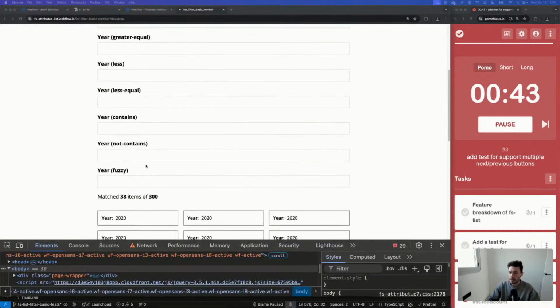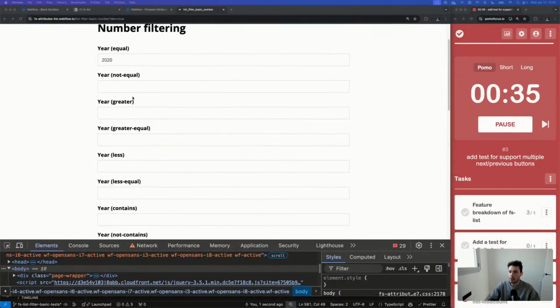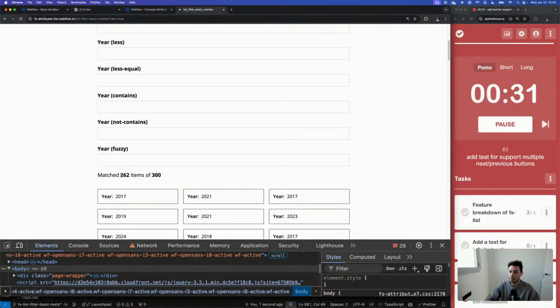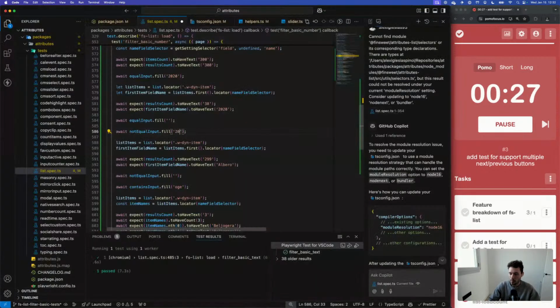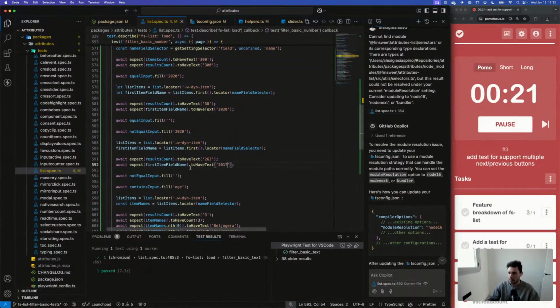And we expect to have 38 results, where the first item obviously has 2020. Great. Then the not equal, let's do 2020 again. 2020 again, we are matching 262 items, and the first item has 2017.